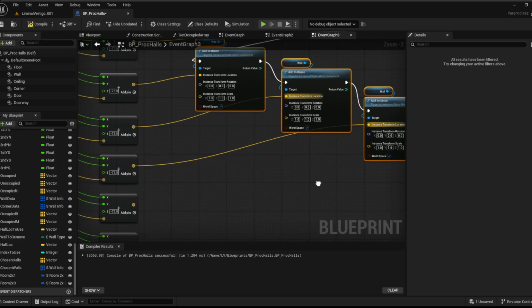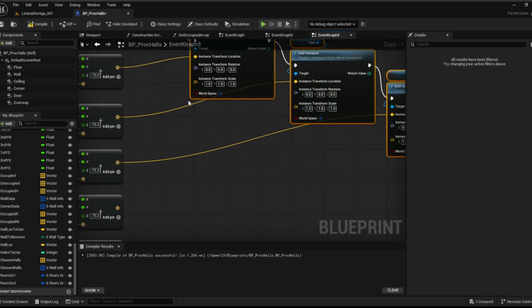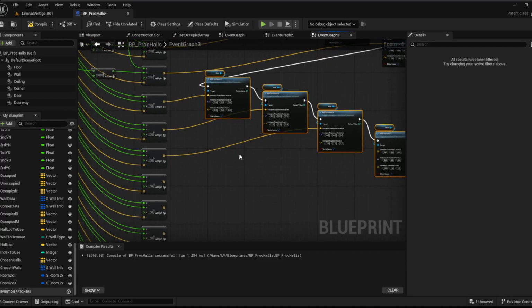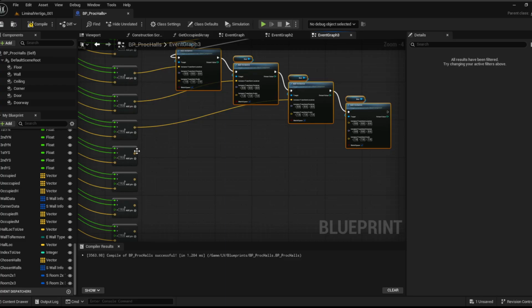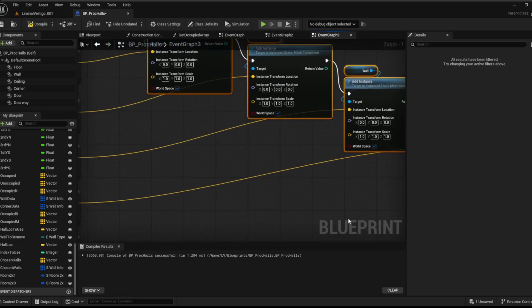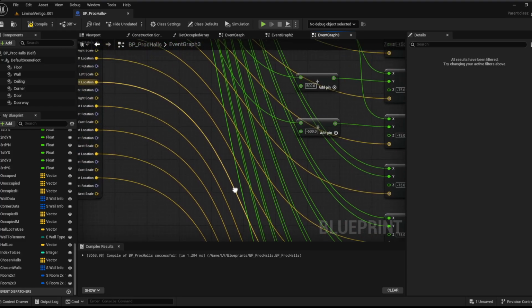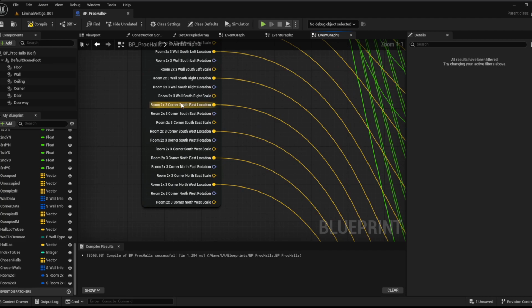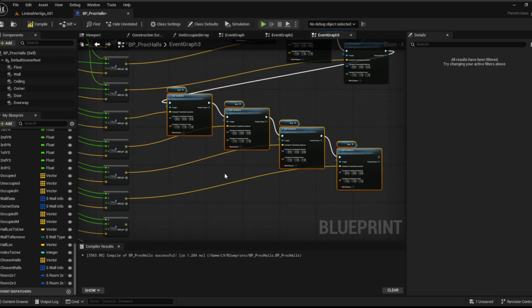And connect these. Instead of using make transform or relative transform, I'm using world space, so I don't need to do all that extra work there. Just use world space. And so let's see, let me make sure this goes to the last wall. Correct, because then after that is the corner. Okay, so now that I got this,